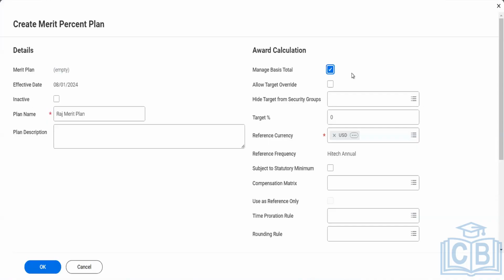Now talking about the second option, allow target override. Let's take an example wherein I want to request a compensation change, and there's a specific target that I want to fix. I am defining a target over here.